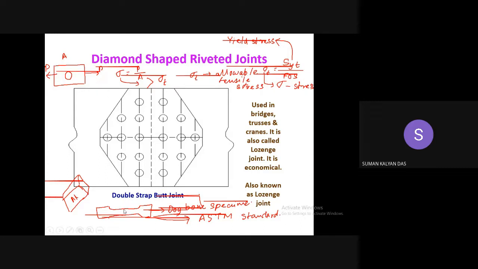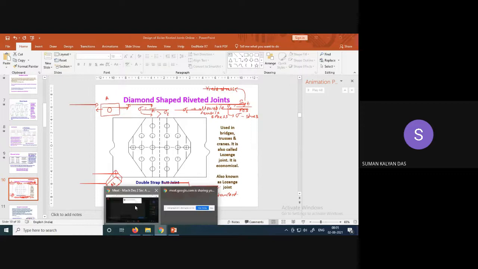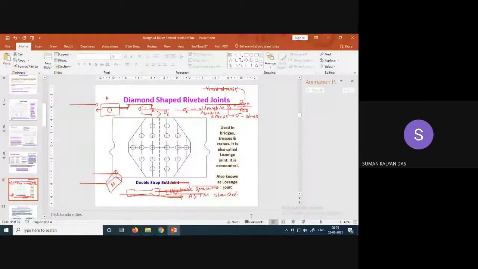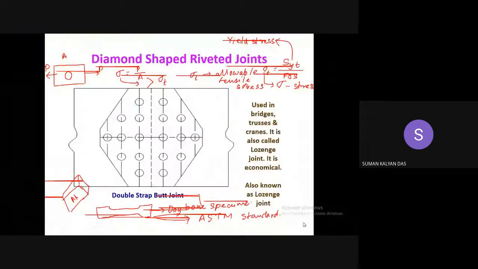And obviously before the test, you have a measurement of the gauge length. So this is the gauge length, if you remember. The gauge length's area you measure first, and the total length of this gauge length you also get by measuring, and you subsequently keep those somewhere. Those area and other things will help you get